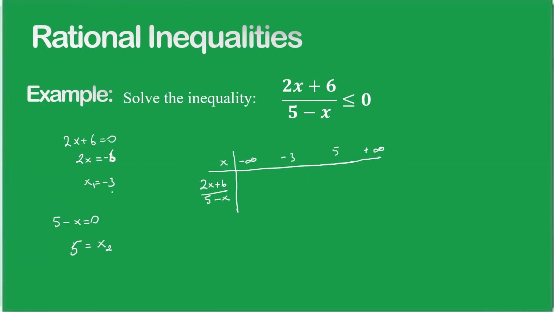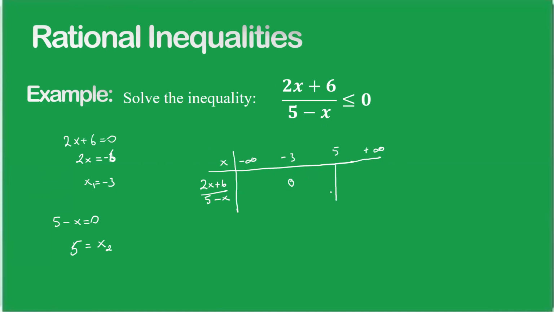Minus 3 makes the expression 0, because if you write minus 3 here, 2 times minus 3 is minus 6, plus 6 is 0. If the numerator of the expression is 0, then the expression becomes 0. But if you write 5 instead of x, the denominator becomes 0, the expression becomes undefined,